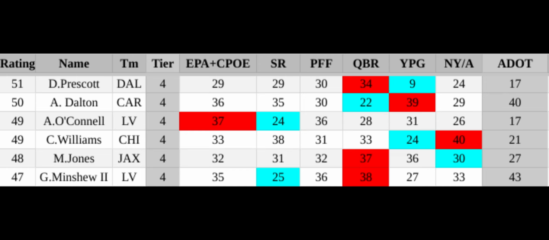And we start off with Gardner Minshew, who really shows his attributes in the fact that I love the marriage of success rate and ADOT for him. He does not have a good arm. I would say it's one of the 5 weakest in the league. And he is thereby not going to throw the ball deep as much. And also, he's going to have to be successful in the short game, of course.